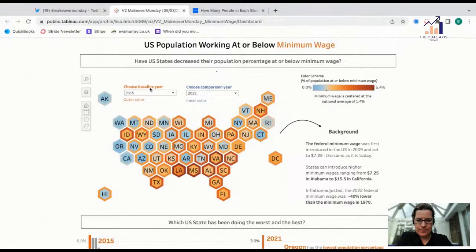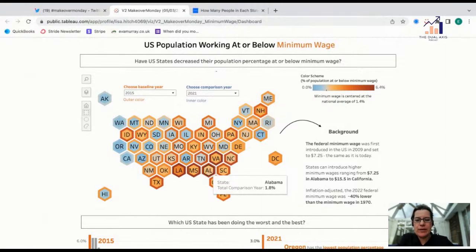So it's the baseline year, but it's not just any orange, it's shades of orange, and then shades of blue for the comparison year. So that's quite a lot for me to process in my head, to interpret, okay, what has happened in Alabama compared to Montana, for example. So in Alabama, it looks like it has gone down. Well, I can't actually see. Oh yeah, the baseline was 5.6%, so it was darker than the inside,